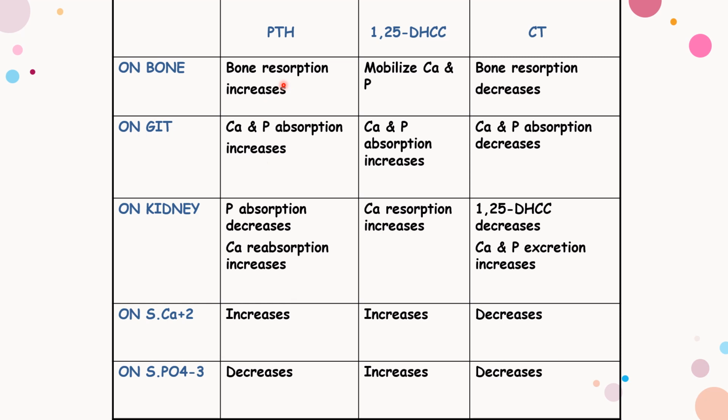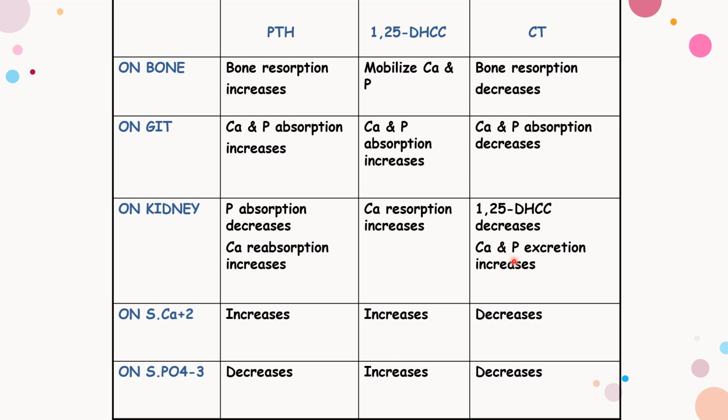So PTH action on bone, it causes bone resorption, and 1,25-DHCC, that is vitamin D, it mobilizes calcium and phosphate from the bone, and with calcitonin, bone resorption decreases. And on GIT, calcium and phosphate absorption increases, and with vitamin D absorption increases, with calcitonin absorption decreases. On kidney, phosphate absorption decreases by PTH, calcium reabsorption increases, and with vitamin D, calcium reabsorption increases, and calcitonin decreases